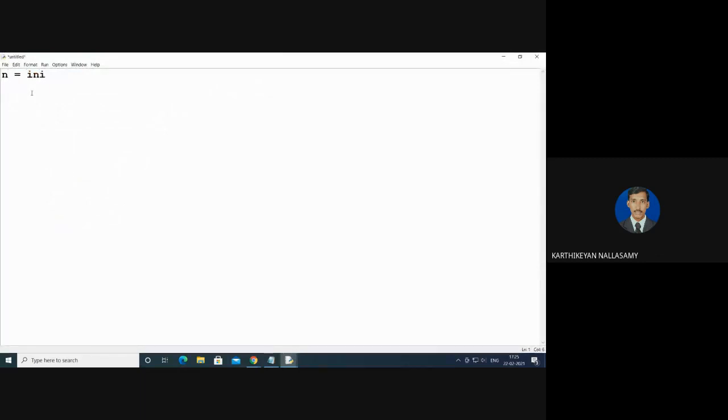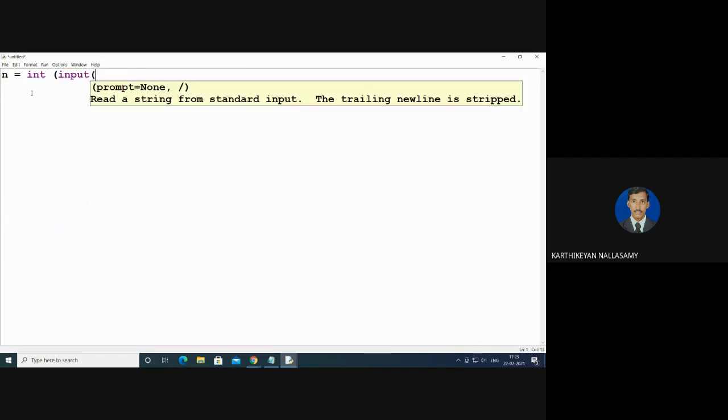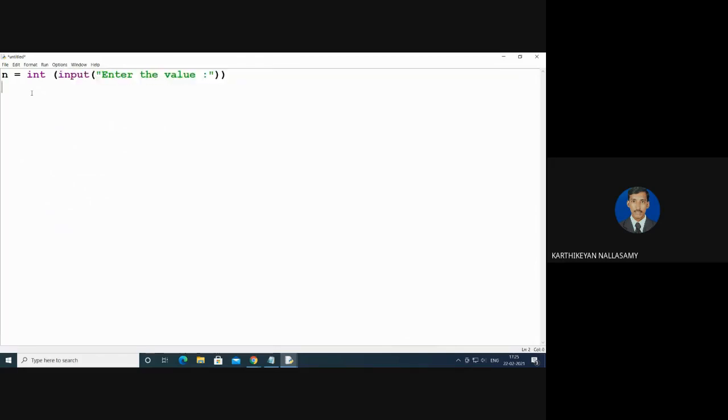First I'm going to take the input, that means a value. I'm going to take any number as an input. Enter the value. If you want, you can take a fractional number also as an input. There is a mathematical function for finding a square root, math.sqrt, a function for finding the square root of the given number. For any value, I am going to find the square root. Then finally, I am going to display the value of the square root.